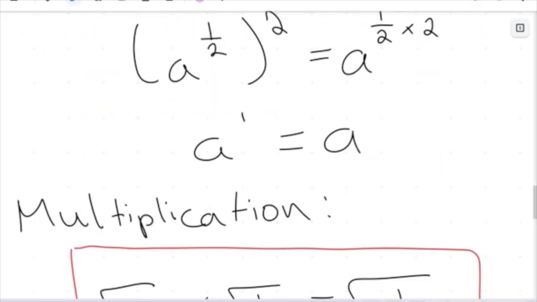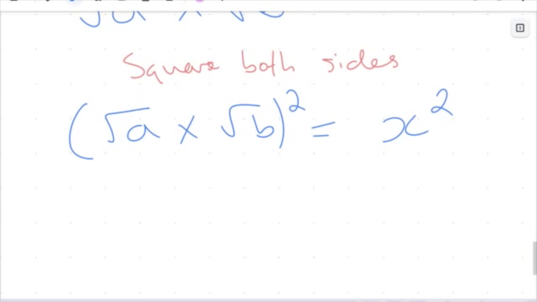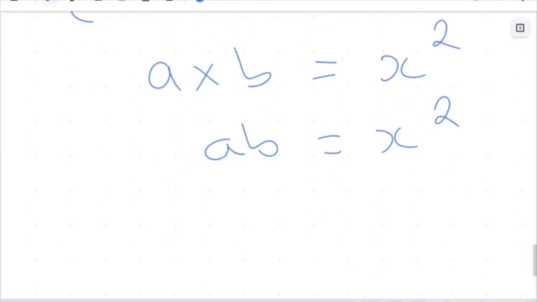So therefore, if I have the square root of a times the square root of b and square all of that, that's going to undo the square root. So I'm going to get left a times b here still equals my other number squared. Now, remember with algebra, we can shorten a times b into ab, and I can now take the square root of both sides,